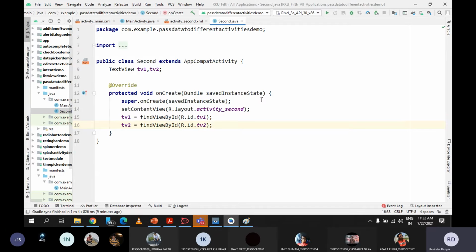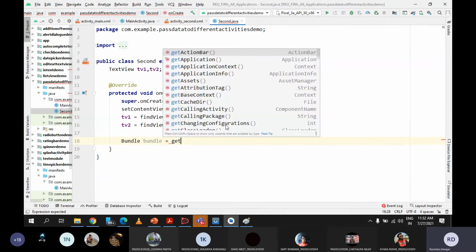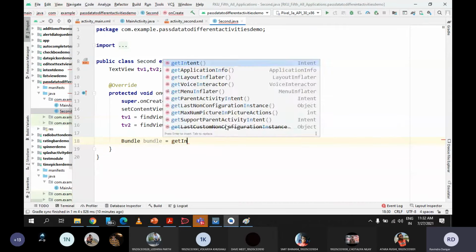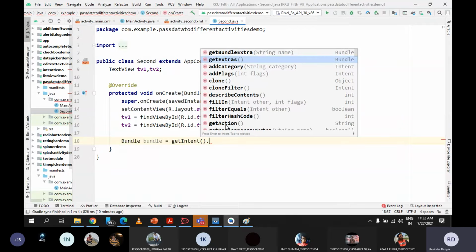Now there is one method which is get extras. The way we have used put extra method, we can use get extras method, which we can access using get intent, and that we can store in this bundle object. So you will have to remember one statement, only one line is there. What you can do? You can create a reference of this Bundle class, and let's say bundle bundle. This is an object, and here you need to use get extras method. How you can access it? Using this. You can use get intent method first, dot. You can see here get extras. This is the method.